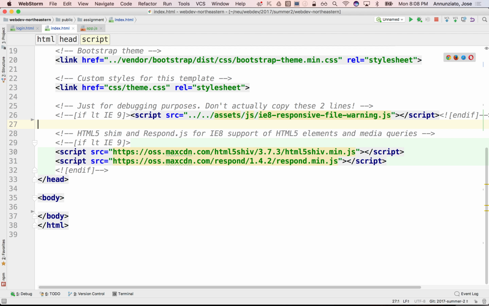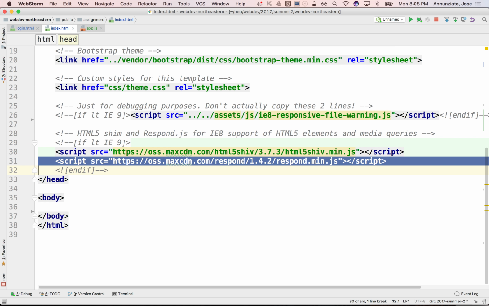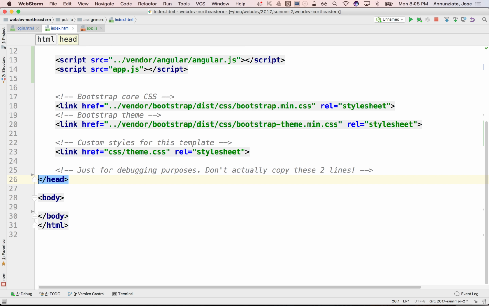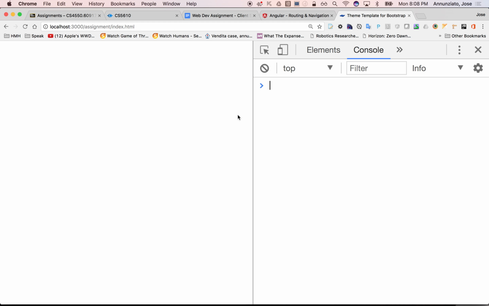Emulation, we don't really need that. And not that. There we go. Certainly we don't need IE. Okay, there we go. All right, so we have a blank slate for an index page